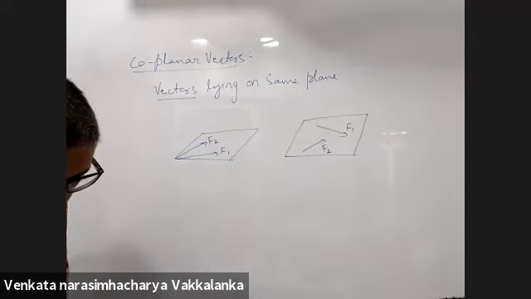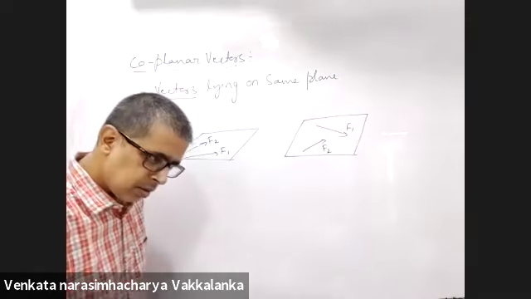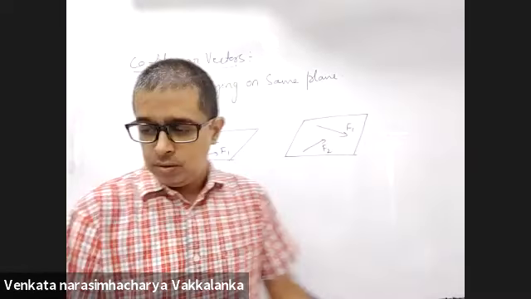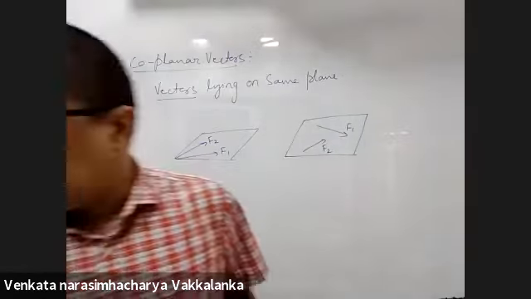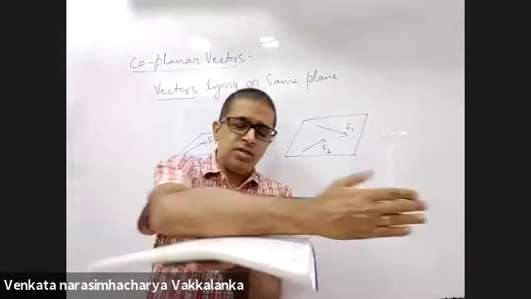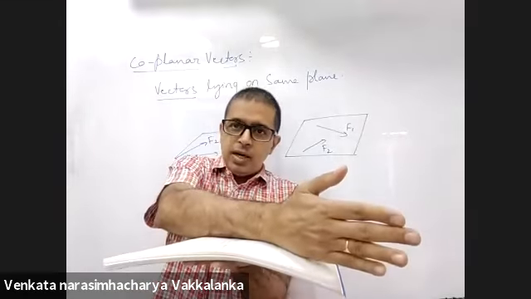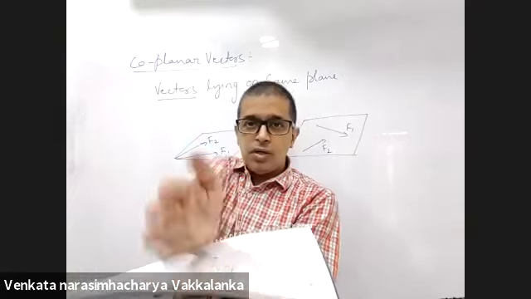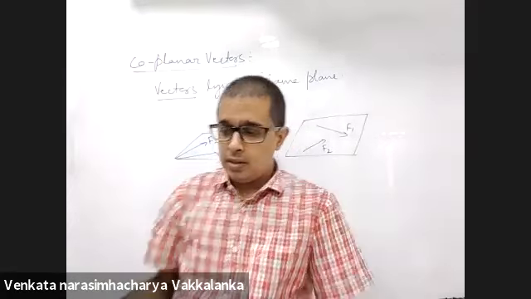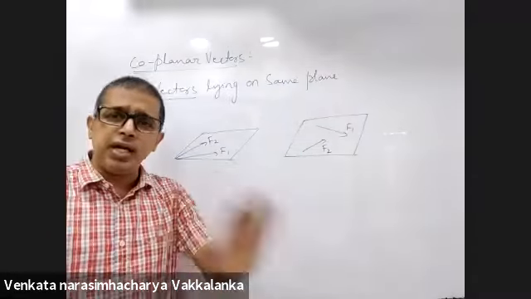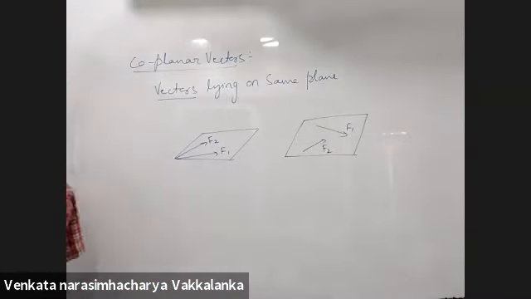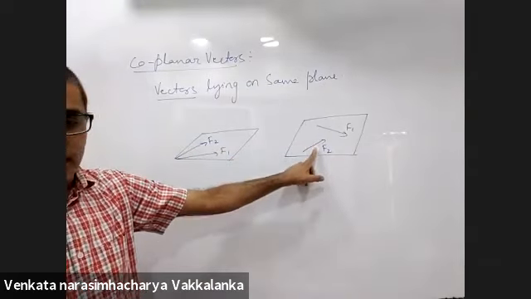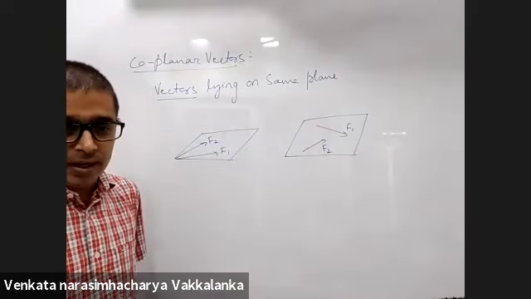Sir, everyone will be I cap, right? No. Why should it be along I cap? I cap, J cap, or J cap, I cap, or I cap, K cap. This is a plane. This is the x-axis. I can have something like this, something like this, something like this. Not I cap. They are in one plane. It could be any plane. Neither of them is along I cap.